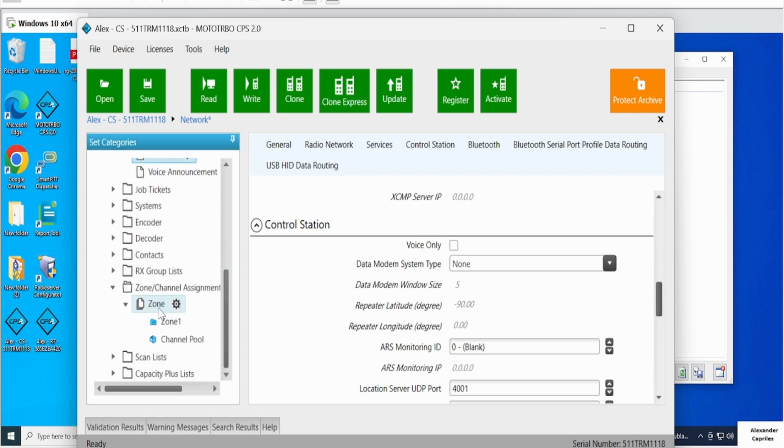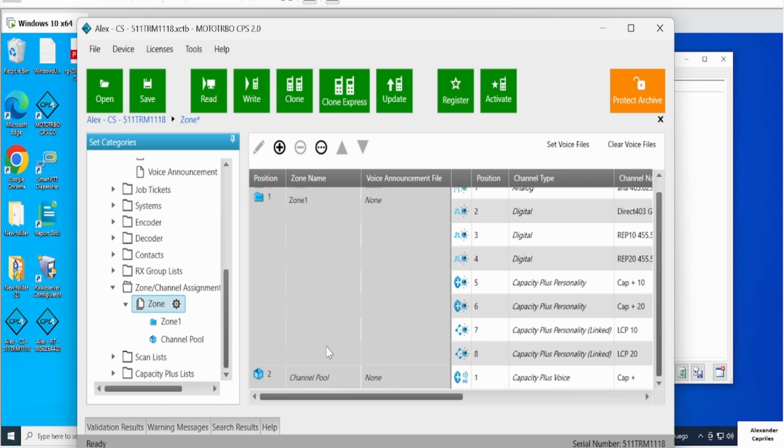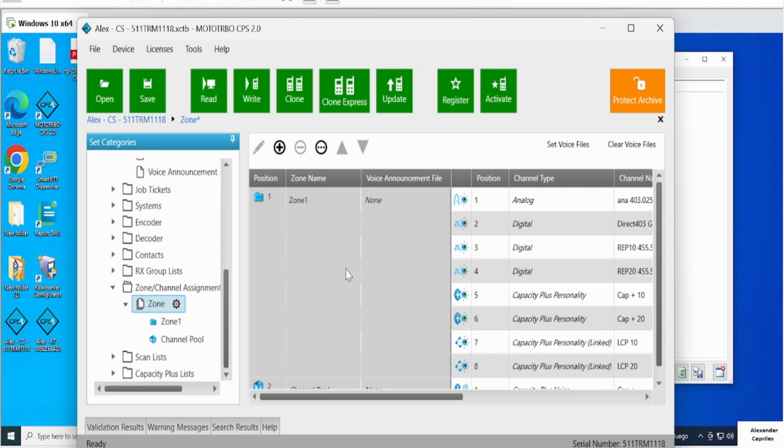On the radio sounds and channels configuration, please pay attention to your configurations. In my case, channel one is on position one. Be aware, sometimes we found configurations where the channel pool is in zone one. So we are going to program the radio configurator in the same way you program your radio. I'm going to select position one, zone one, and I'm going to program the radio configurator with all the channels that I